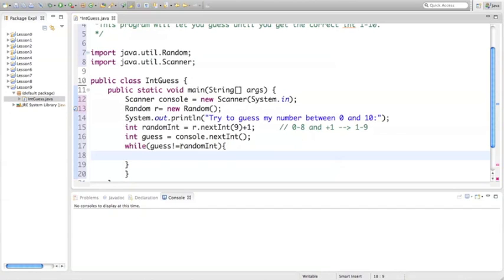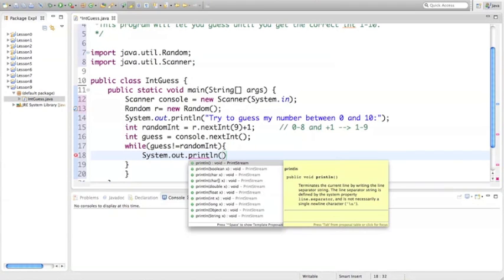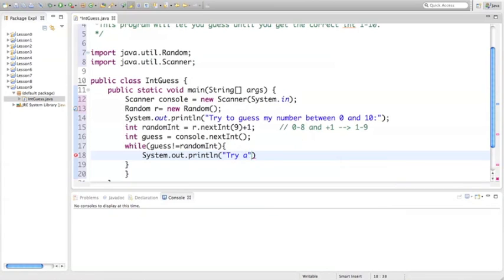While the guess does not equal the random integer, we want the computer to tell us that it's not equal. And we're going to say try again. They can just assume that they got the answer wrong. So when somebody guesses and the guess is not equal to the random integer, it's going to tell us to